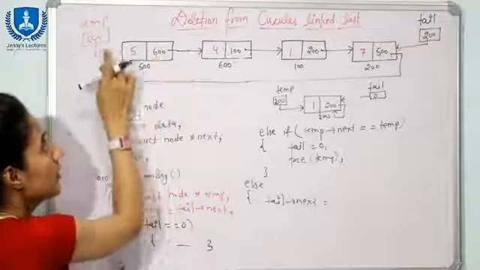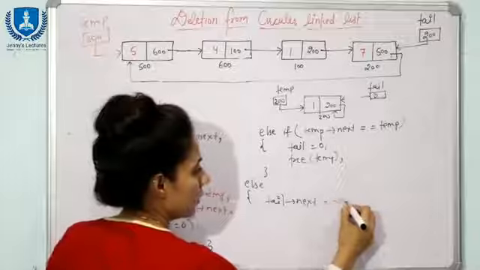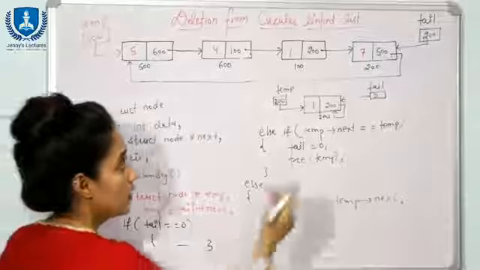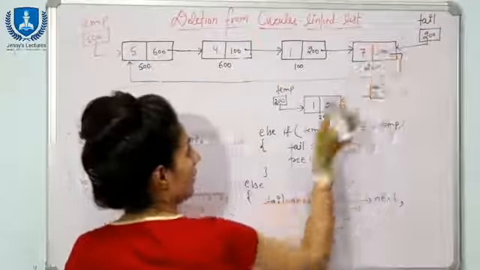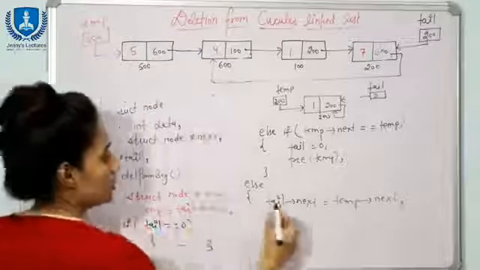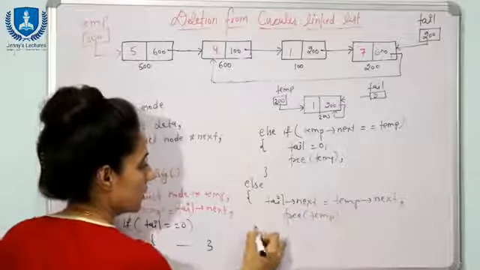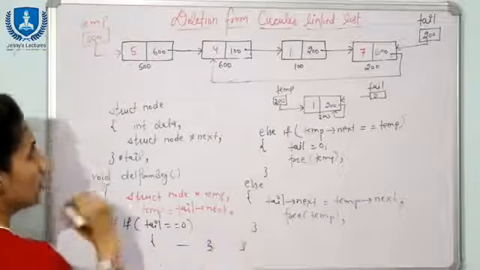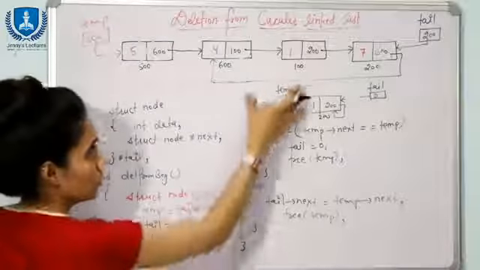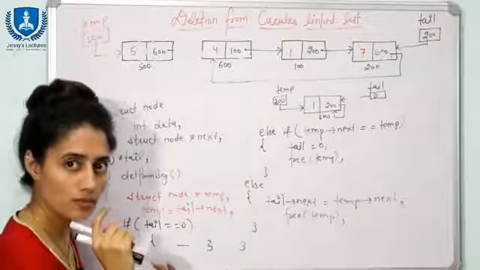And how can you access this part? Temp is pointing to this node, so it is temp of next. So here I can write temp of next, right? Now here we have 600. So now this is pointing to this node. And now you can free this memory. So here you can write free this temp, right? Now we have deleted this node as well as freed the memory. So now this is the list. Fine. So this is how you can delete data from the beginning of the list.